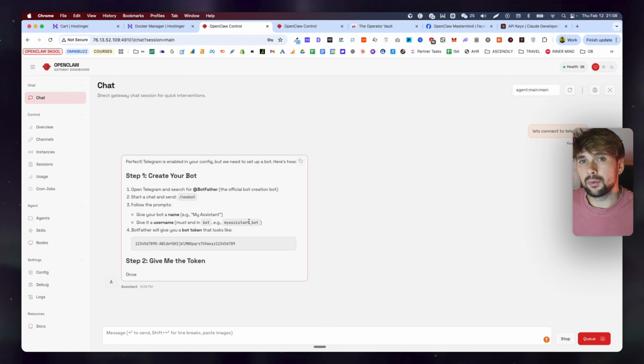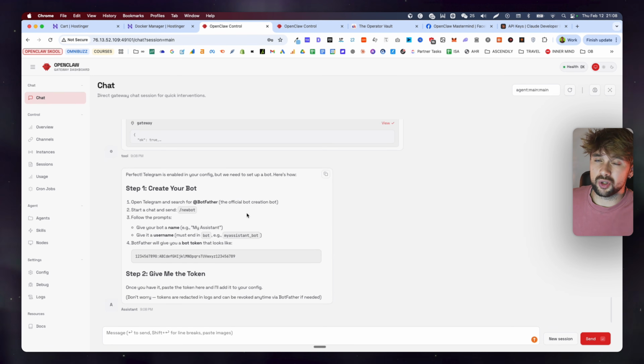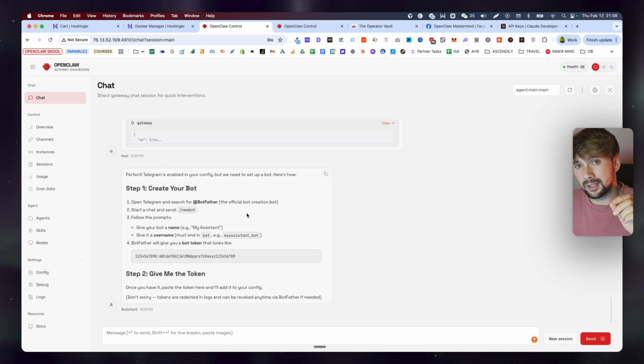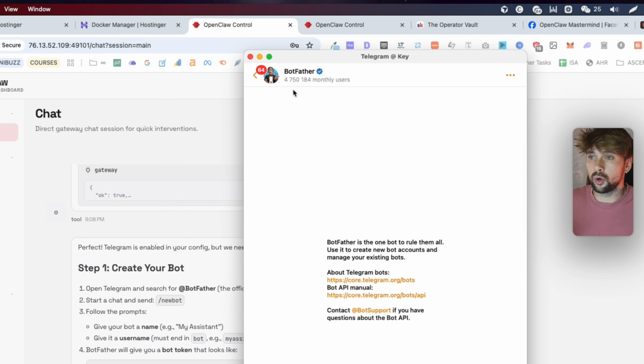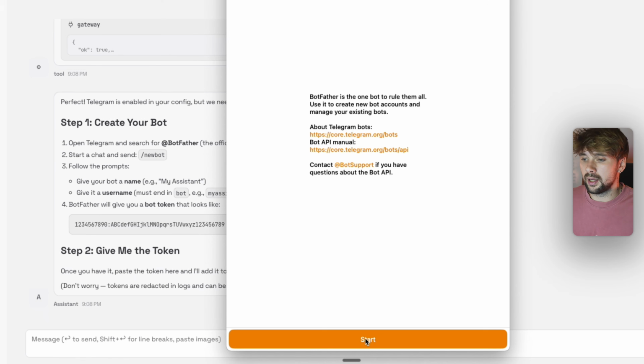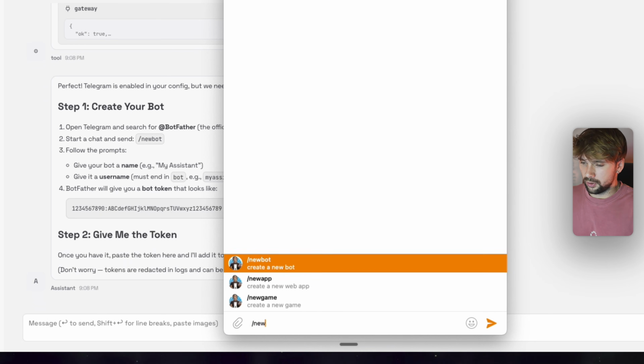All right, so now we're going to get the instructions for how to install this and open our Telegram. Keep in mind, sometimes this is going to break, and I'm going to show you exactly what to do if this process breaks while it's going through all of this. So what I want you to do is go into Telegram and then search for BotFather. You're going to click on start, and you're going to click on new bot,